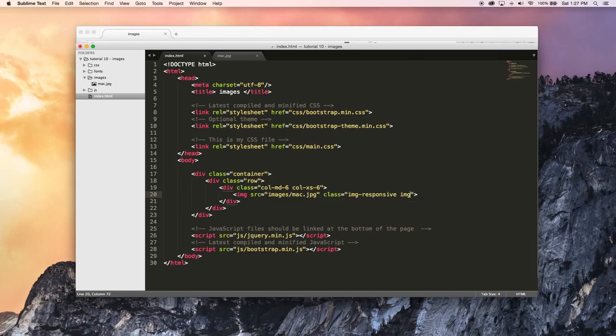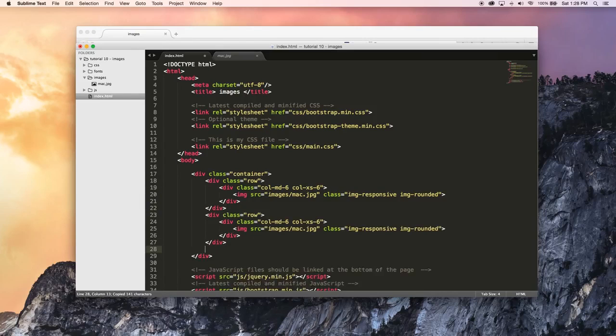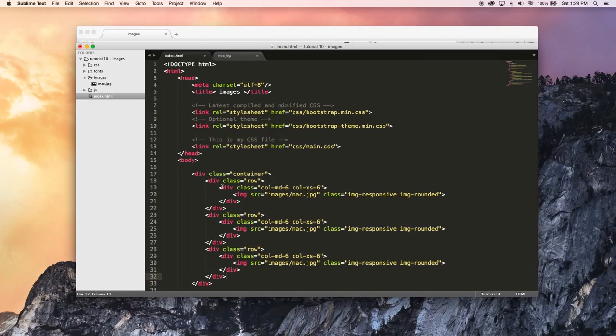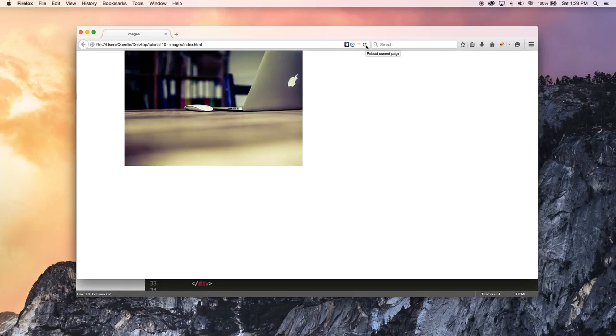So let's go ahead and add a class to this image of img-rounded, and then I'm gonna copy this class and paste that 3 times. So now we have 3 rows and 3 of them taking up 6 columns each. And I'm going to change this one to img-circle, and I'm going to change the last one to img-thumbnail. And now if I go ahead and hit save, and we jump back over to the browser and hit